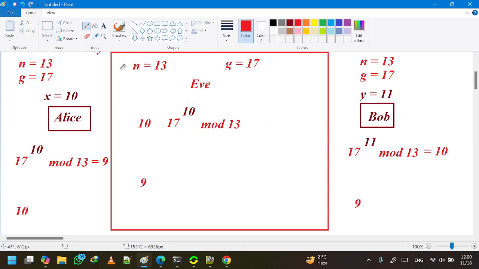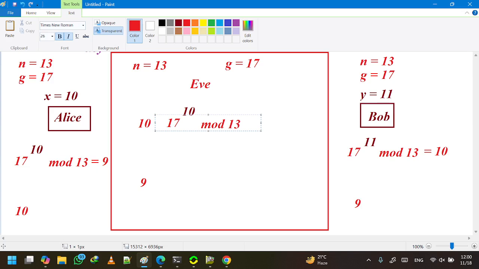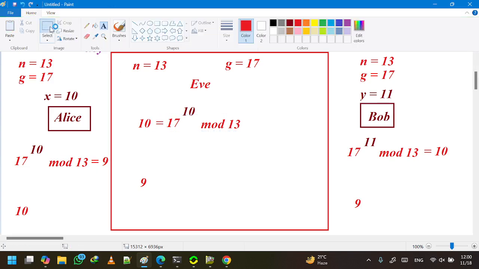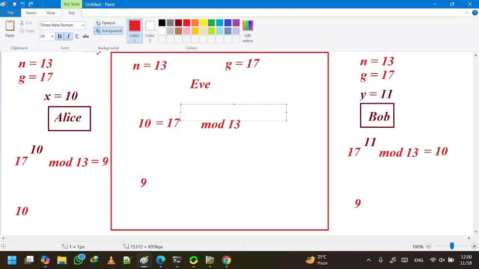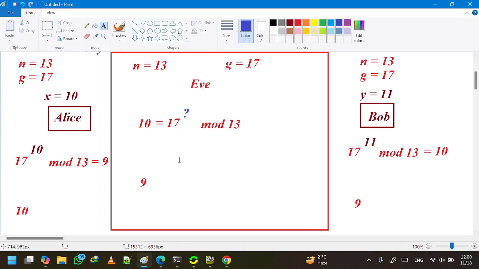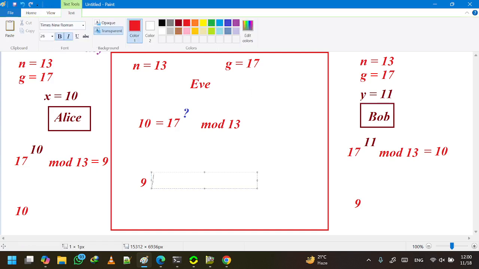So by using this kind of operation, evil Eve doesn't know which value of this thing produced this number. So 17 to the power what produces this, because there could be so many solutions. Similarly, we can also say that this 9,